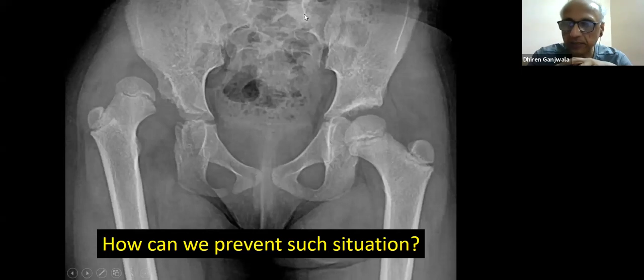So basically, you are right. The one is the clinical examination, and in some countries where ultrasound is available, they go for ultrasound screening also. But in India, it's not easily available, so not every child can afford that, or we cannot send them. So usually in our country, we rely on clinical examination, and that's what you said, the Barlow and Ortolani test. They are very useful for detection of this condition.